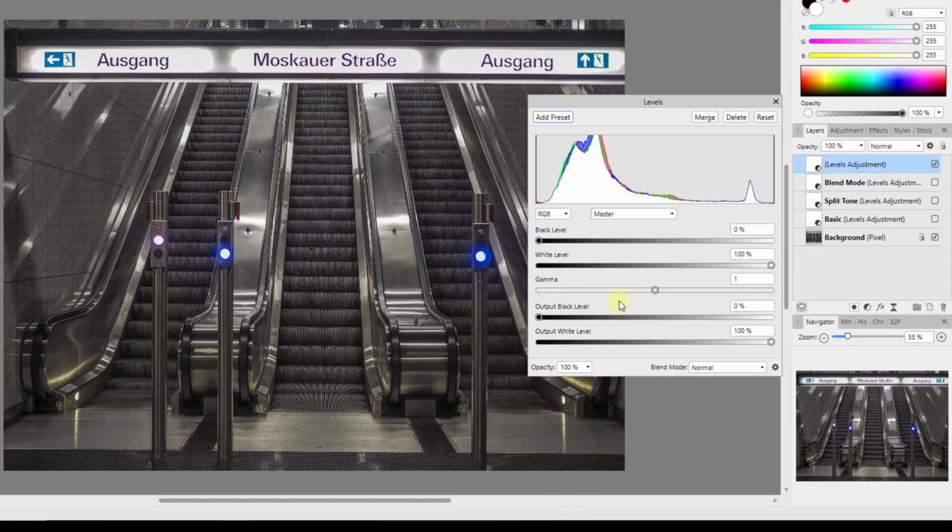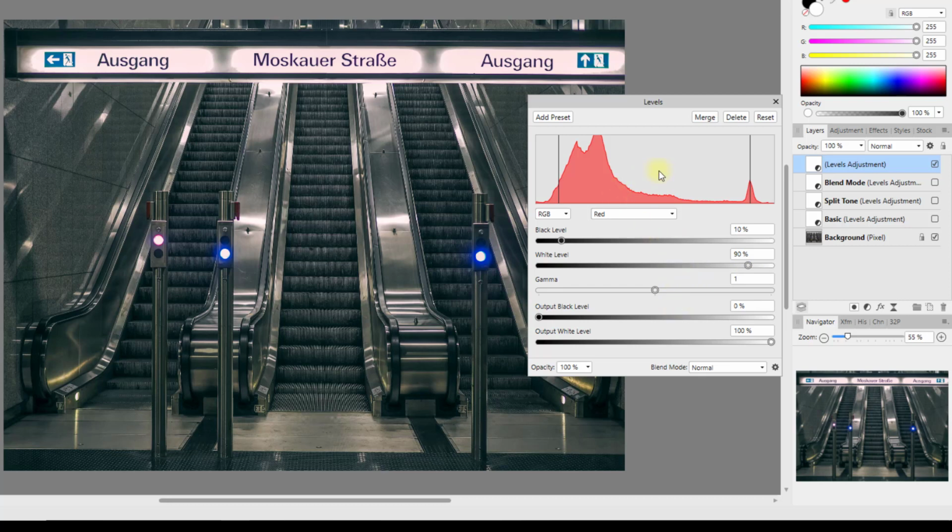Again we are going to be using the channels, and we're going to go first with the red channel, and I'm going to stick with the settings I had, which was 10% on the left, and 90 from the right with the black